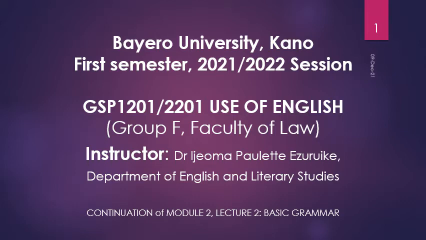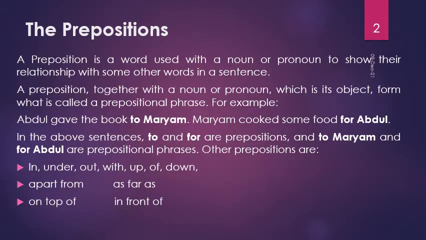Module 2, Basic Grammar. This is the second lecture, a continuation of the word classes. The next word class is the preposition. A preposition is a word used with a noun or pronoun to show their relationship with some other words in a sentence. A preposition, together with a noun or pronoun, which is its object, form what is called a prepositional phrase. For example,